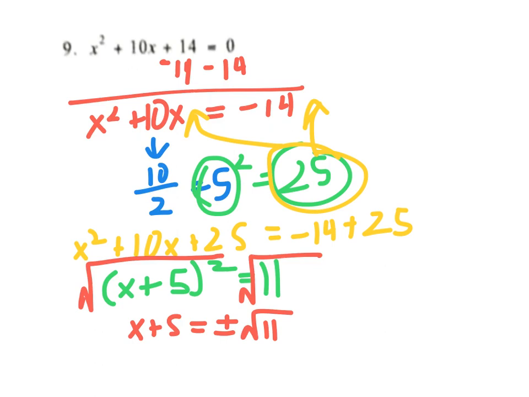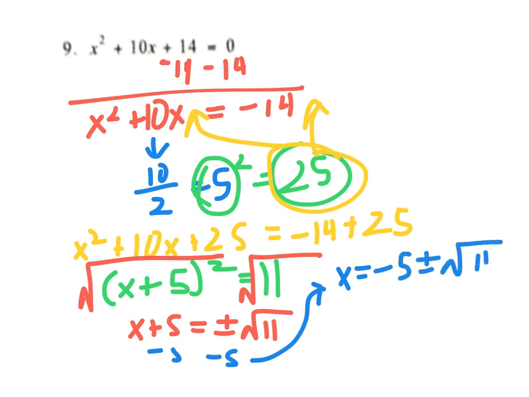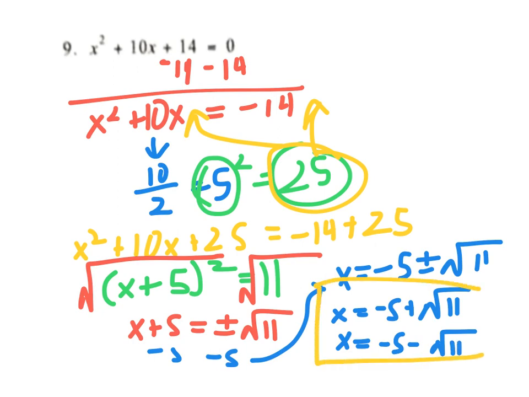We can't take the square root of 11, so I'm just going to leave it underneath. And then I need to move that 5 to the other side. So we're going to do minus 5, minus 5. I'm going to take it up here. When I do that, we get x equals negative 5 plus or minus the square root of 11. So technically my two answers are x equals negative 5 plus the square root of 11, and x equals negative 5 minus the square root of 11. And those are your two solutions for